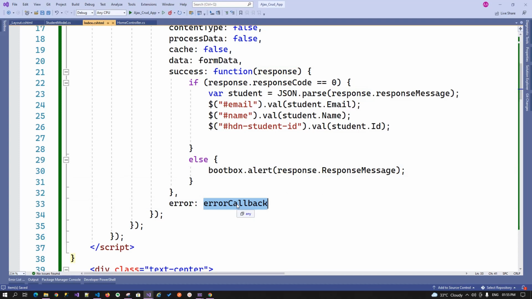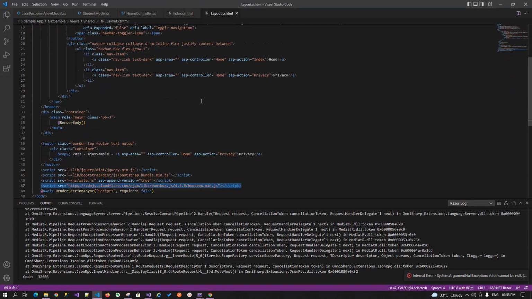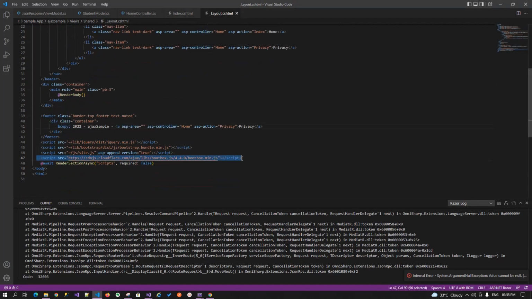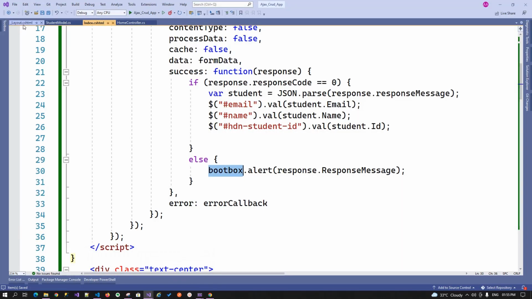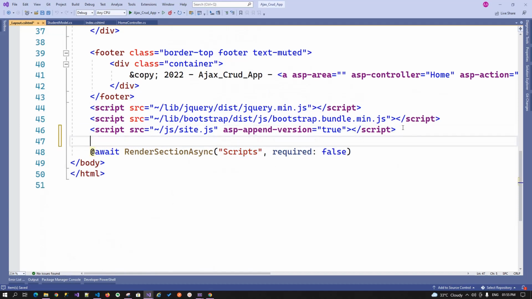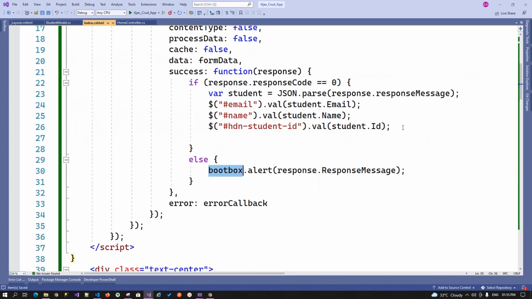Okay, in this we will simply tell what to do if we meet with any kind of exception, and how we can handle that. One last thing, we are using Bootbox, a third-party library that will beautify our browser alerts. If you want to use this, simply go to your layout page, add the CDN for the bootbox.js file before your render script section, and that's it. You are ready to use the bootbox alert. Okay,